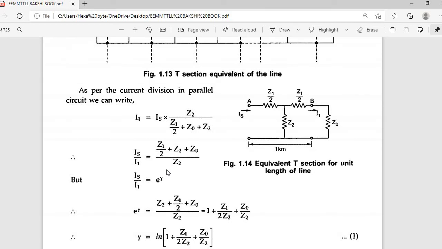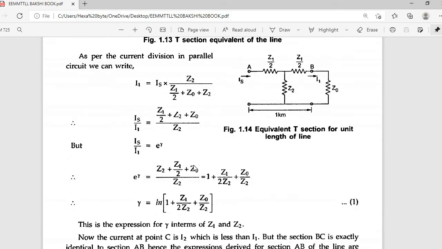Here we are studying a high frequency EM wave signal sent through the transmission line. Definitely we expect a phase constant and attenuation constant, and that's why our currents are also related to the phase constant and attenuation constant. IS by I1 is equal to e power gamma, where gamma is equal to alpha plus j beta. Substituting e power gamma, LHS to RHS,